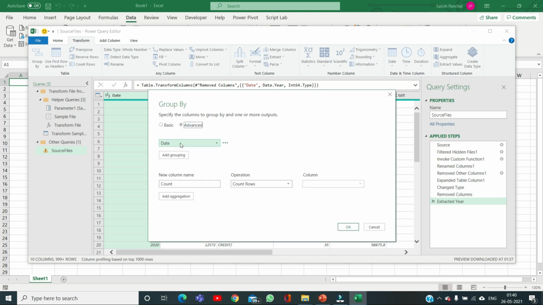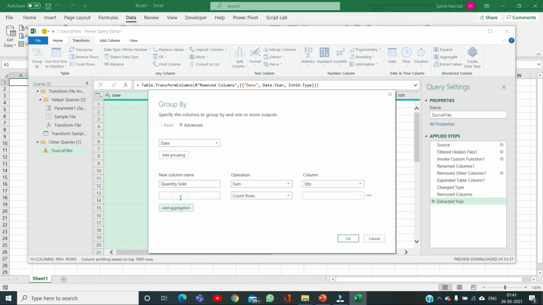So the first field will be year, and there are aggregation functions, just like you can do different kinds of aggregations on your data. Currently I am adding one aggregation on the quantity of goods sold. So the name of that field would be quantity, and the aggregation will be sum on the field of quantity.